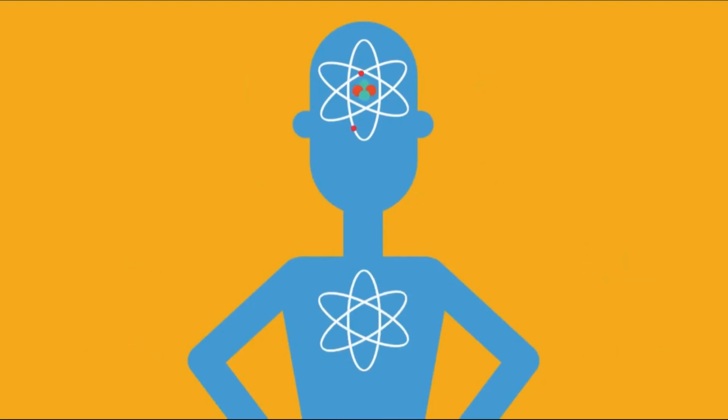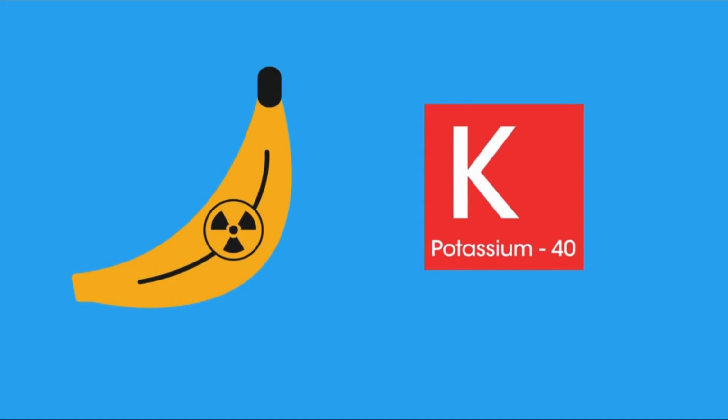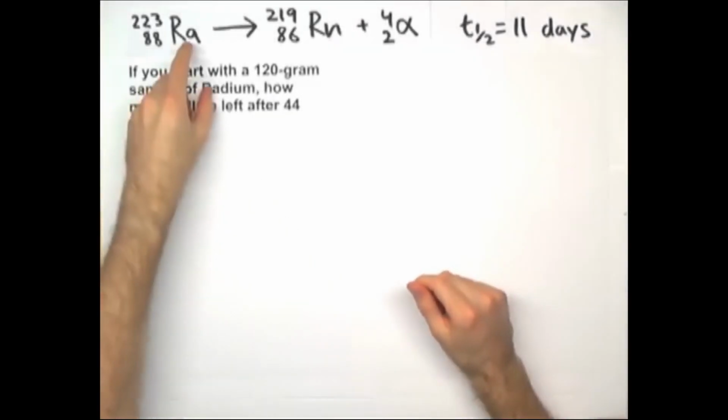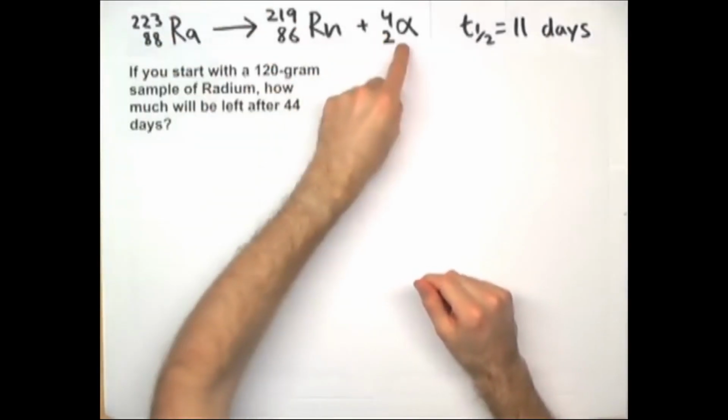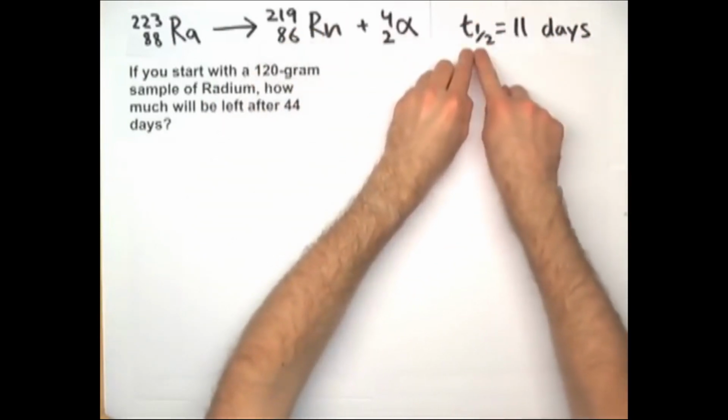But don't worry too much. We all have in our bodies radioactive isotopes we take in from our environment. For example, bananas supply us with very small amounts of radioactive potassium-40, which has a half-life of just over 1 billion years. So here's the equation for radium doing alpha decay to make radon, and the half-life for this process